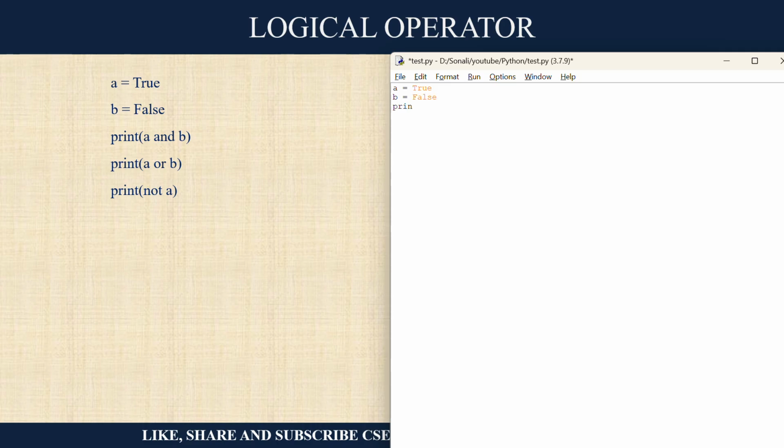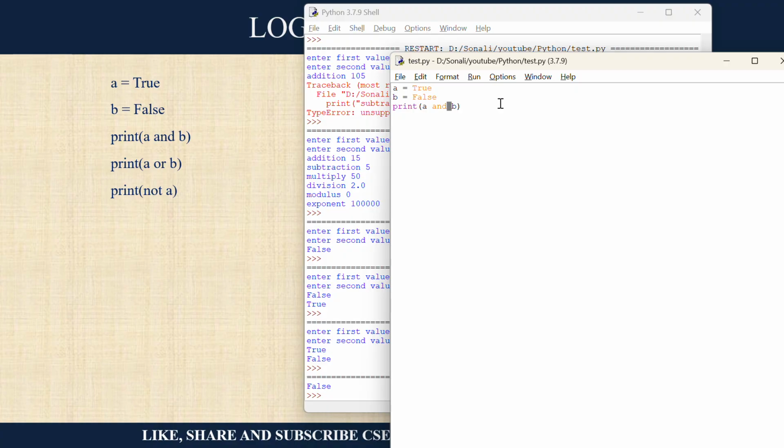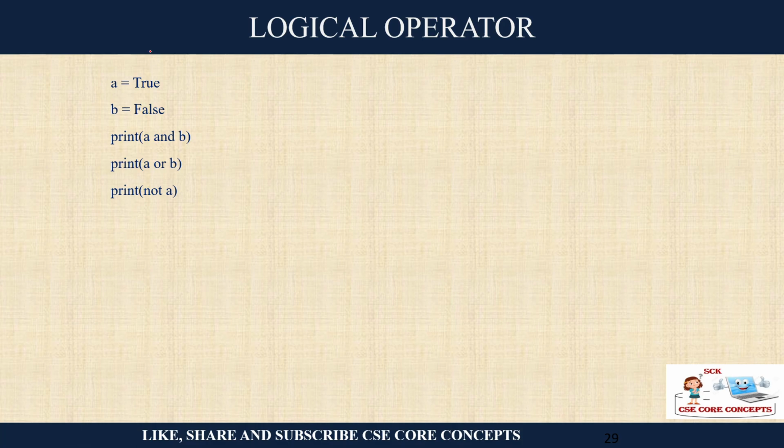Now you want to print A and B. You want to perform an AND operation between them. So obviously true and false is false. Similarly you can print OR and AND. Fine. So these are your logical operators: AND, OR and NOT.